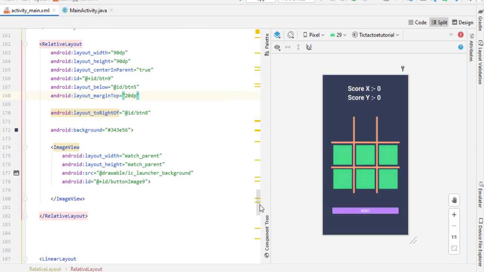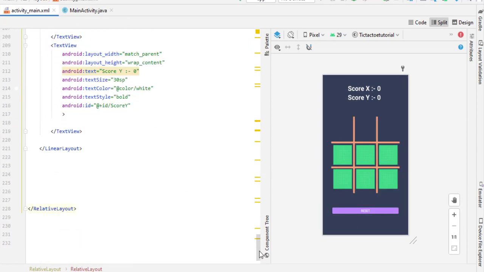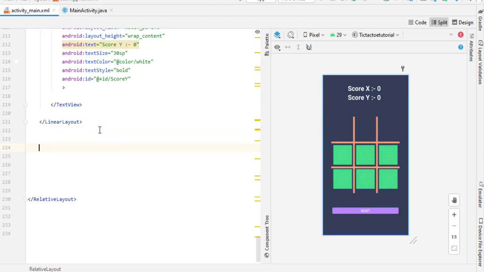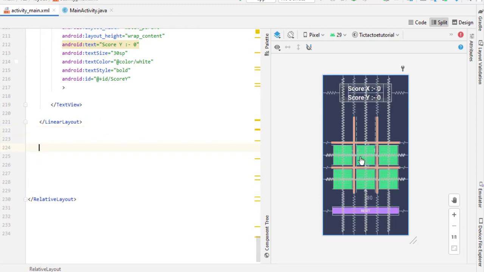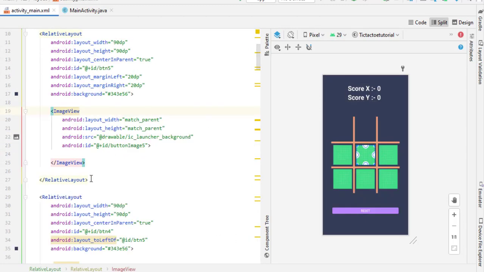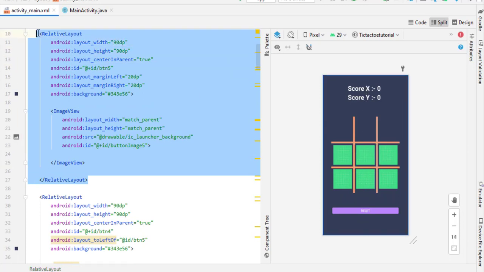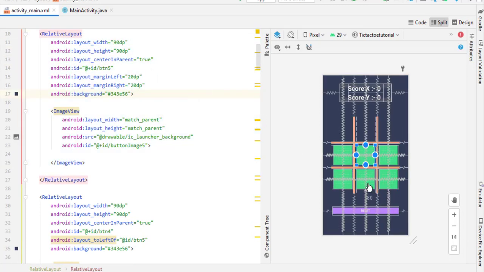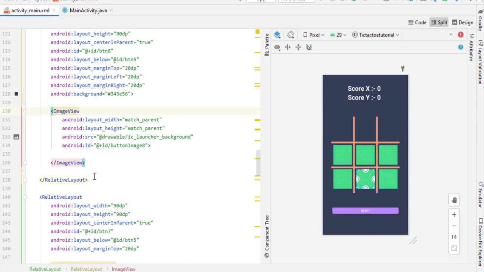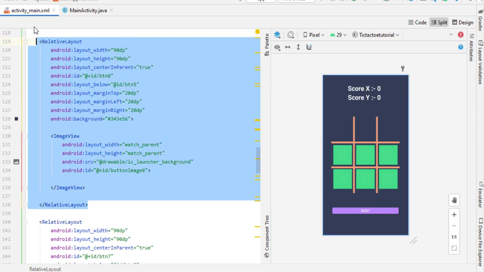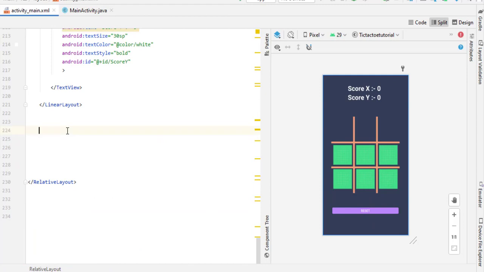Now we need only 3 buttons for our button 1, 2, 3. So come here just below this, and what I can do, I simply copy the code of button 5 first. So simply copy this code, Ctrl C copy. It is not better to copy the code of button 5. It is better to copy the code of button 8. So copy this code of button 8, Ctrl C. Now just come at the end and simply paste the code here.